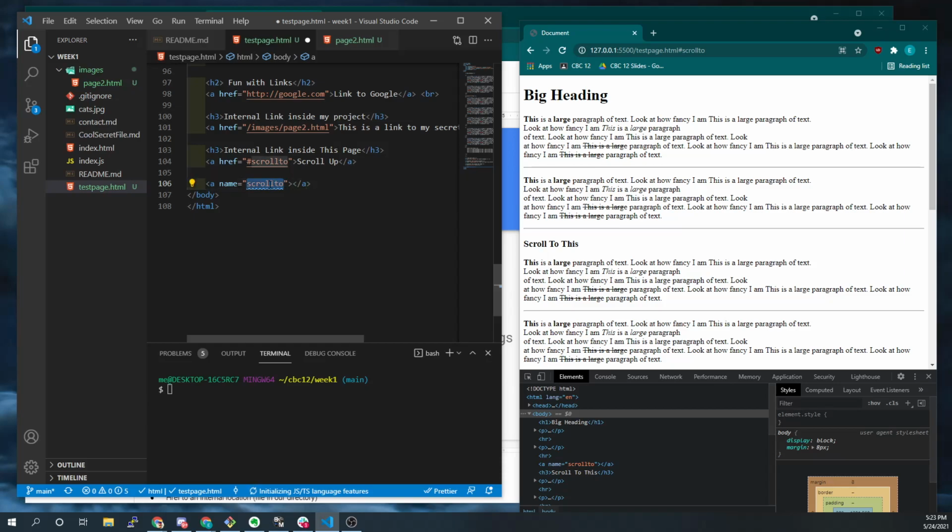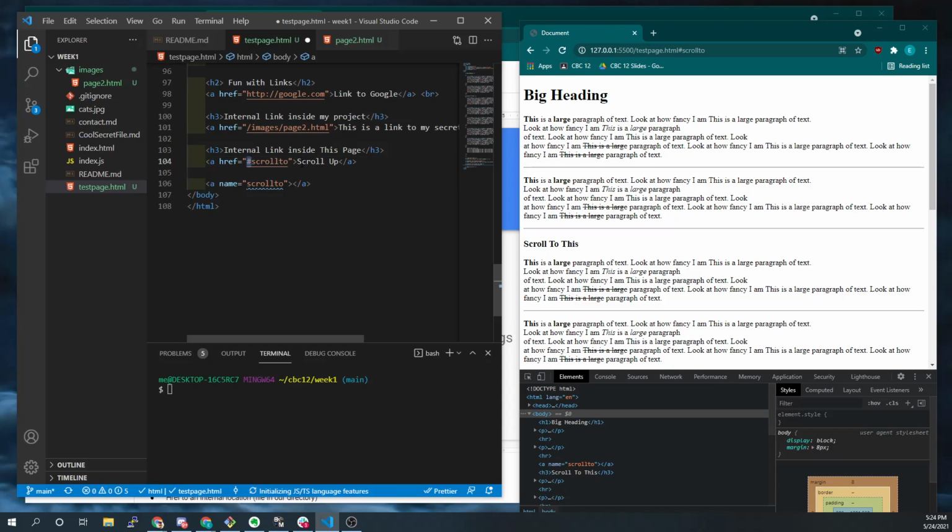So how do you link the two of them? Yeah, it's a name. Okay, I get it. It's just saying this is an anchor, and it has a name of whatever. And then from a different link where you have an href, you're saying hashtag or pound sign or whatever you want to call this symbol,